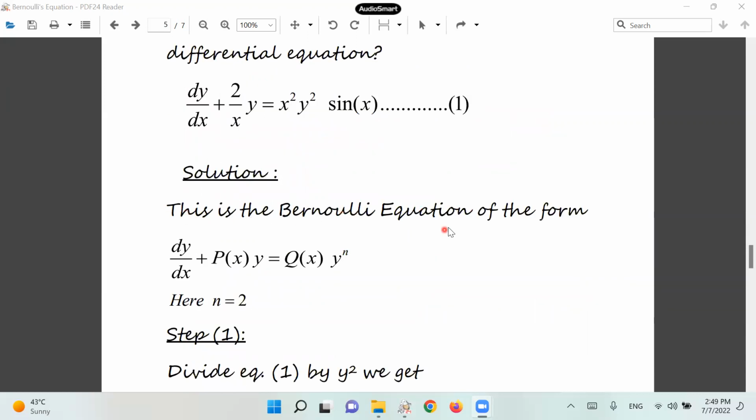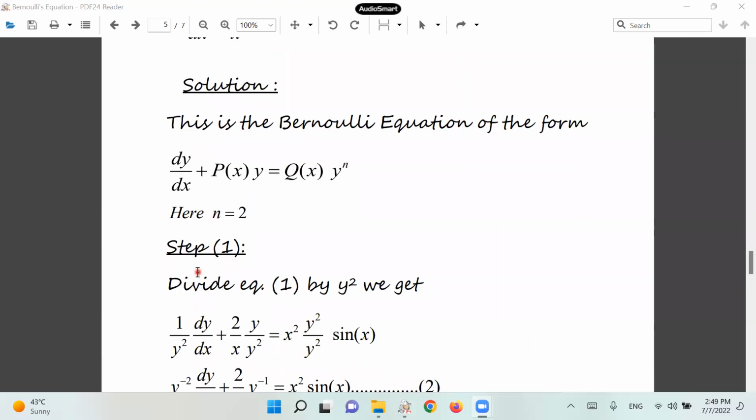This is also the Bernoulli's differential equation of the form as we have discussed previously. It is of the form like this. And here also we can see n is equal to 2, so you have to mention that n is 2. Now step 1 is to divide equation 1